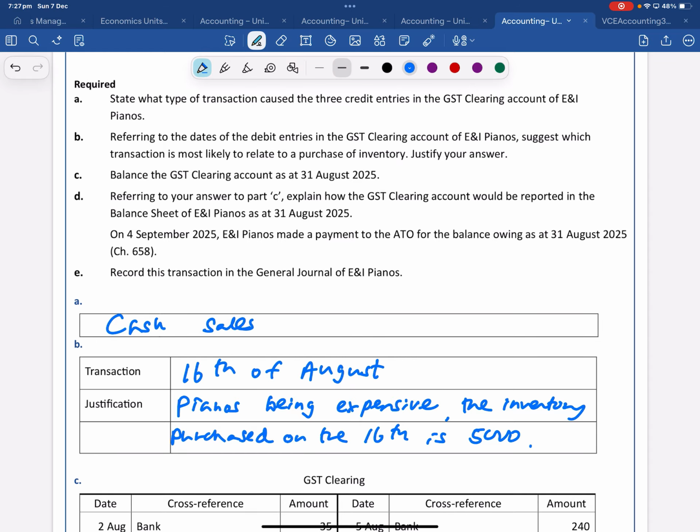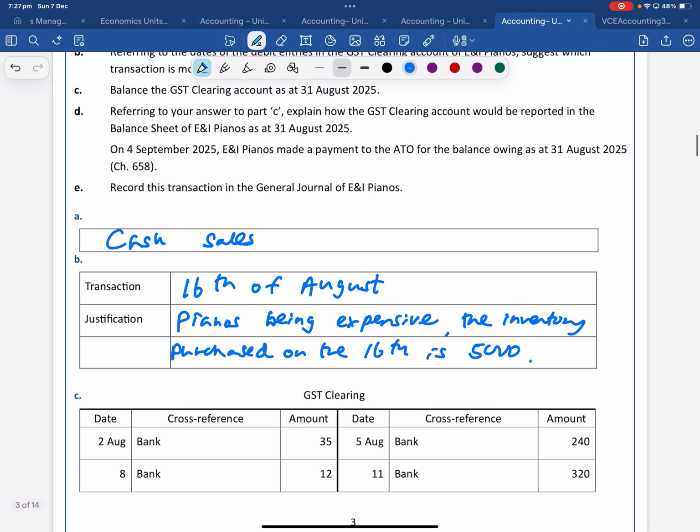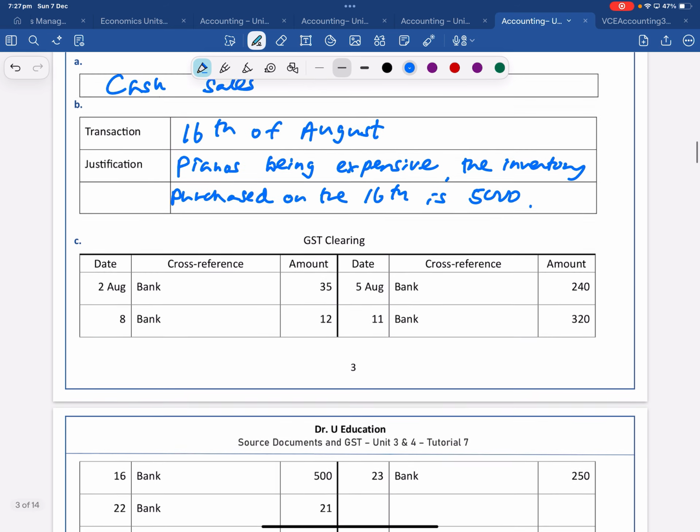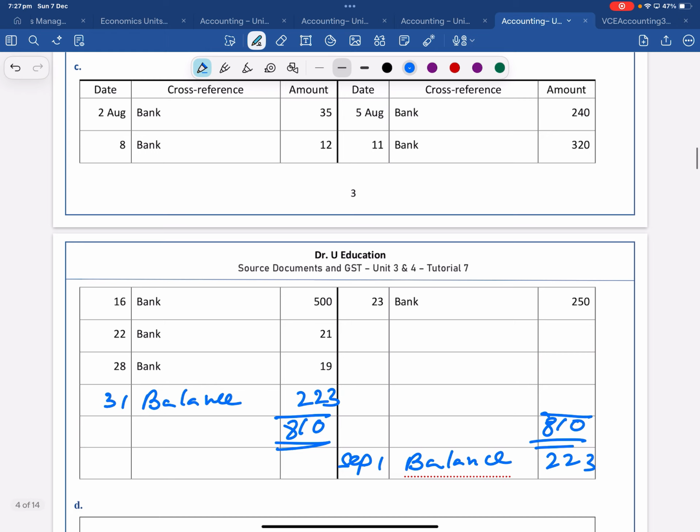This one. Referring to answer to part C, explain how the GST credit account would be reported in the balance sheet as at 31st August. Yes, ladies first. What do you think, Sana? What is this one? So we have a balance on the credit side, meaning